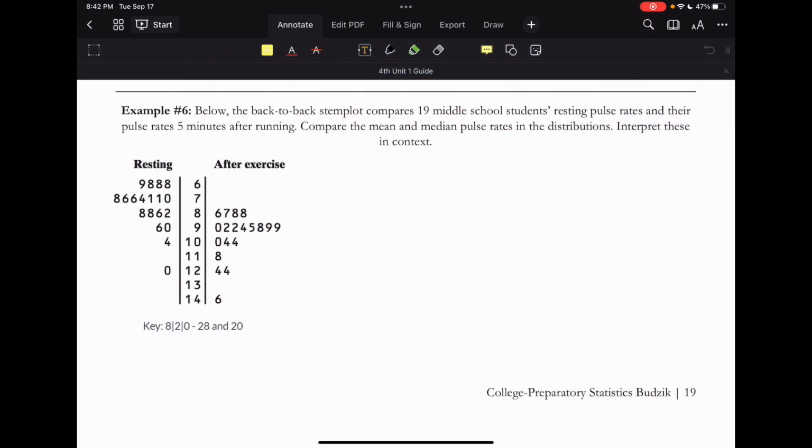Okay, so last one. So I have a back-to-back stem plot comparing 19 middle school students' resting pulse rates and their pulse rates 5 minutes after running. So we want to compare the mean and median and then interpret these in context. So if I want to start with my resting distribution,